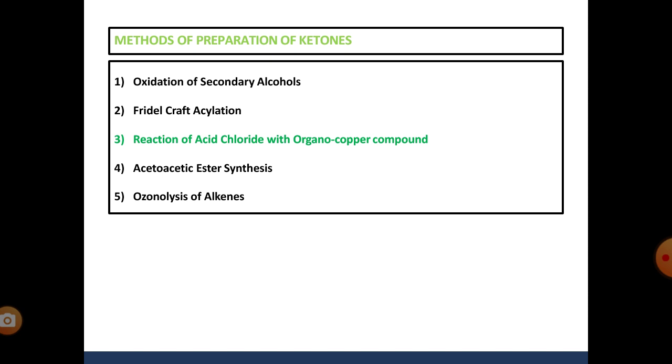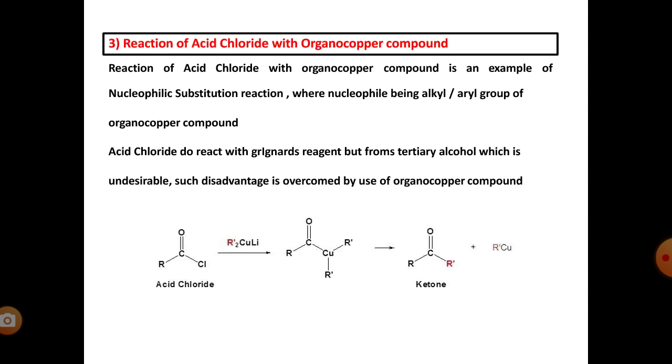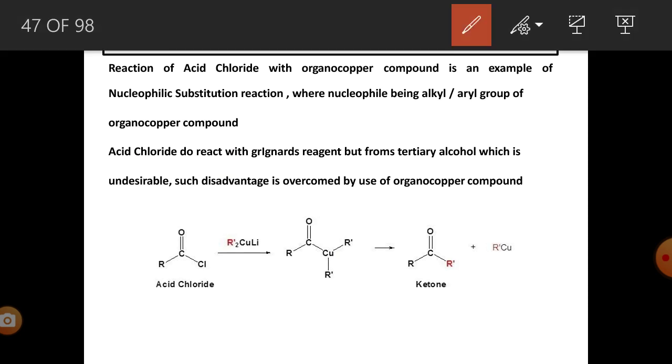Now the third reaction we'll discuss. A ketone can be synthesized from acyl chloride with the help of an organocopper compound. Here we are using acid chloride as the first starting material. It reacts with this copper lithium compound. Again this bond is a polar bond. Due to electronegativity, oxygen pulls the pi pair towards itself, so this carbonyl carbon becomes electron deficient.